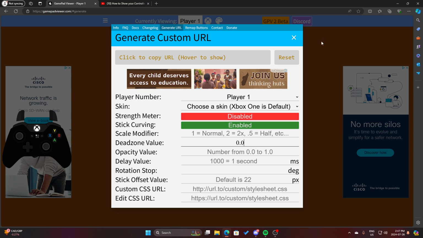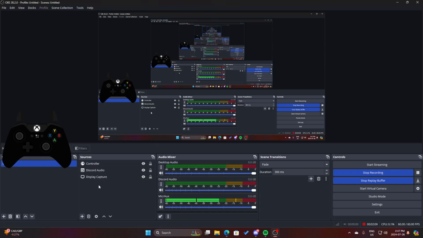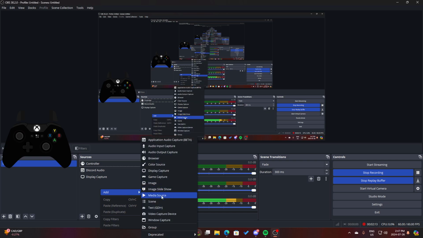And then our dead zone will actually show up properly when we're doing the controller. And then basically we just copy here. Then we go here, you add a source, and I'd recommend that you watch someone who has a better video on actually setting this up. But the way that you would do it